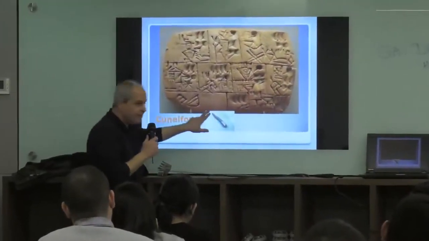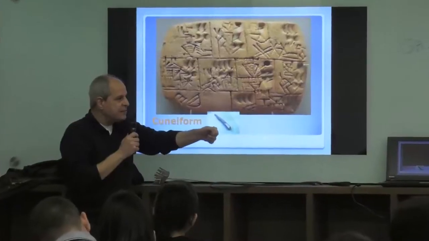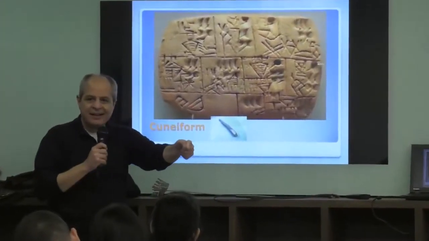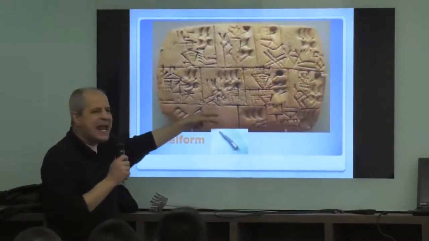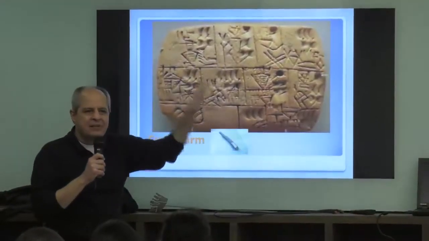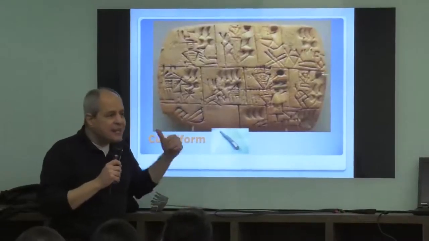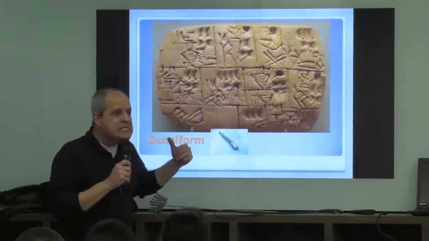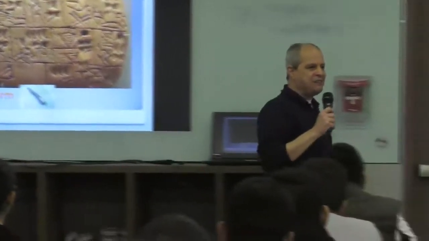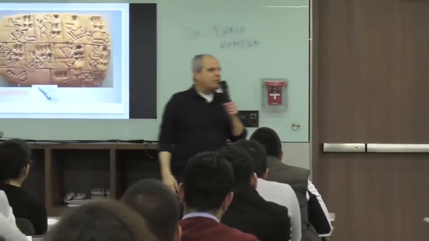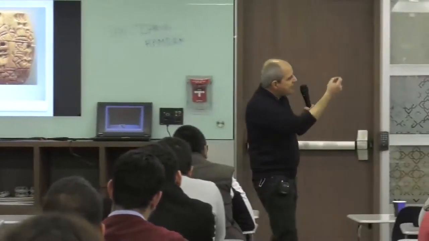This is a stylus, a metal pencil made of iron, and with it you make marks on clay, and then they burn the clay under the sun. In this way the clay can stand all kinds of weather changes and floods and earthquakes over thousands and thousands of years. This is the script that came down to us. In Arabic we call it cuneiform script. It's like pins.